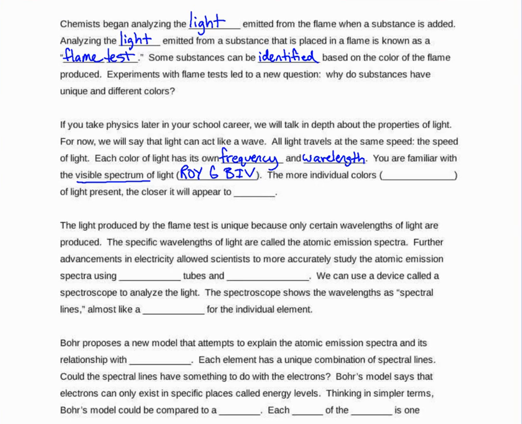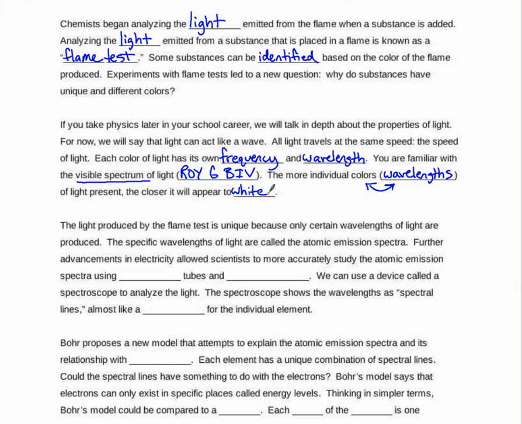So one wavelength of light, or one frequency of light, will produce a certain color. The more individual colors you have, or the more individual wavelengths, these are kind of talking about the same thing here. We see wavelengths as color. The more individual colors of light that are present, the more it looks like white,